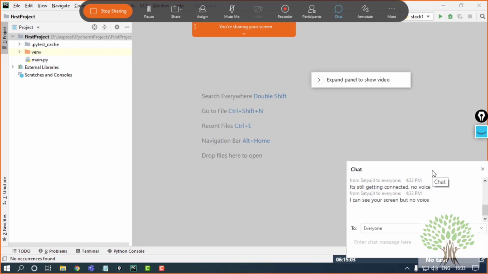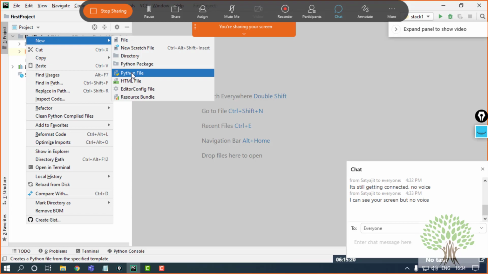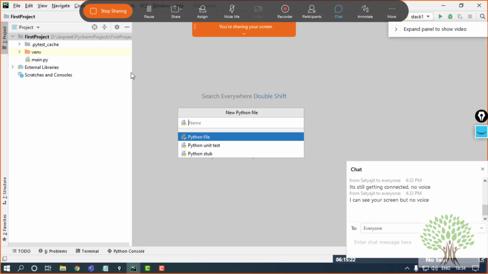Okay. So now what I'm going to show you first is how we create the different classes and different functions in Python. What is the syntax for that? And then we will move on with the object and object referencing. Okay. So yesterday we made the project. I'm going to continue with that only. And I'm going to create a Python file and I'll name it as oops only.